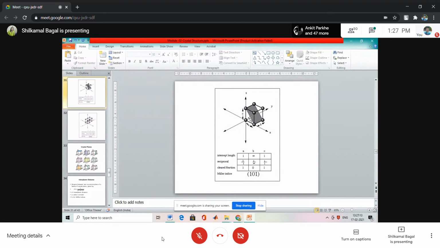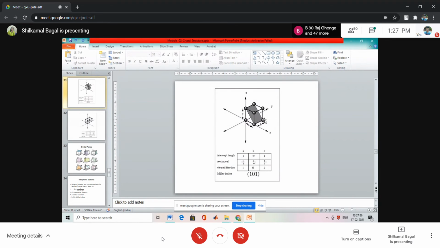You can join these 2 points, or you can draw in your notebook with this explanation. Draw the unit cell and write the indices of the plane. Then mark the A axis intercept at this corner, the C axis intercept at this corner. Then join these two, and draw the plane so that it remains parallel to axis y. How will you draw parallel to y? Y is here. So from these 2 points, this plane will go in this direction, from here to here, up to this corner. Now we will stop here.